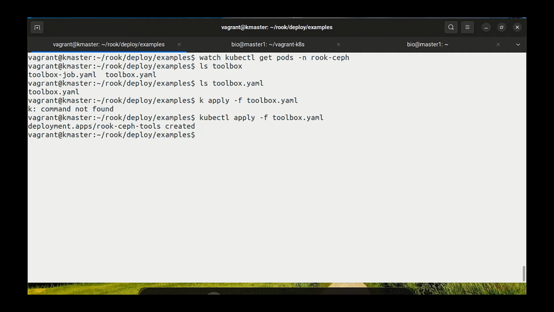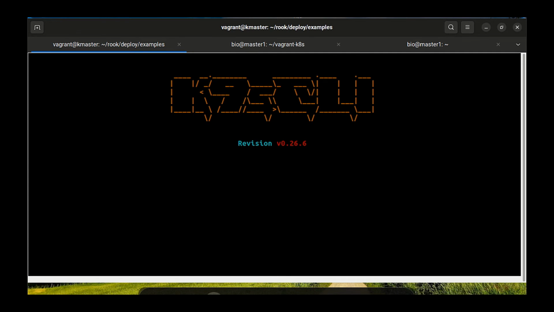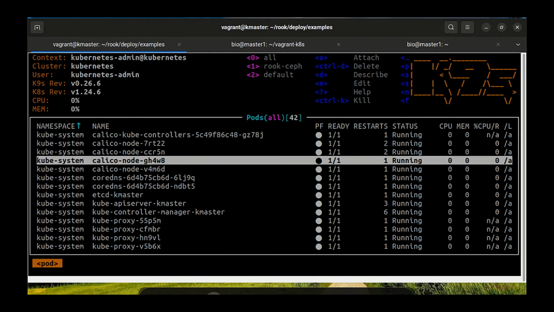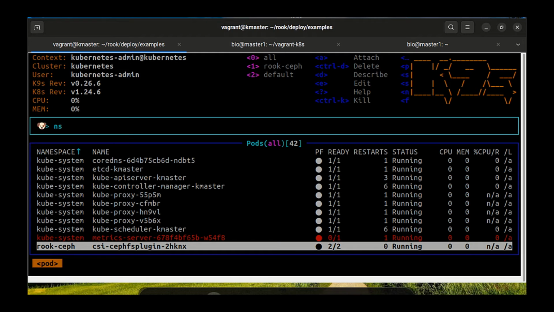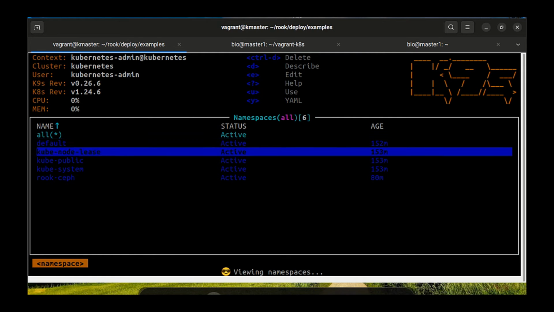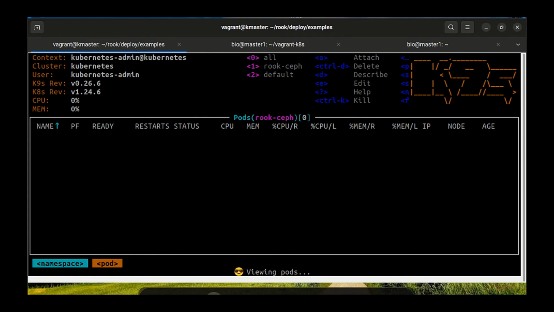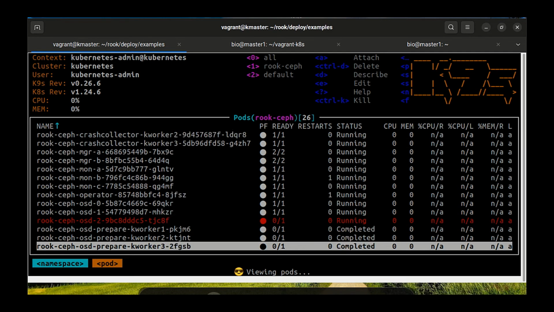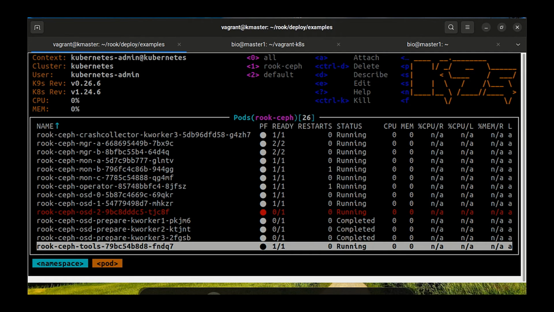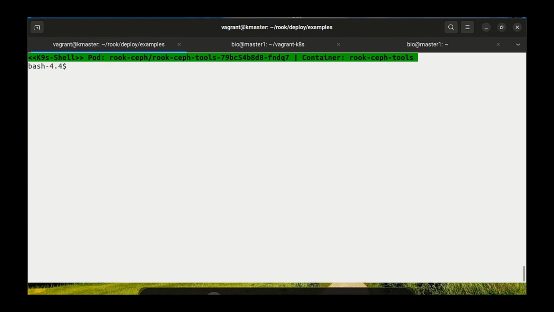I have K9s up and running. So with K9s we can see this graphically. Namespace rook-ceph. So there the Ceph tools are running. So this one. Press yes. Now we can type ceph